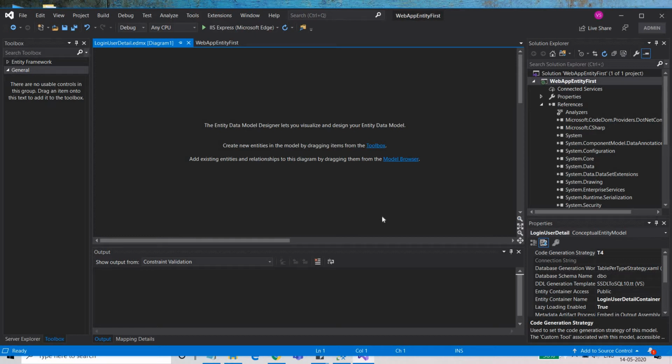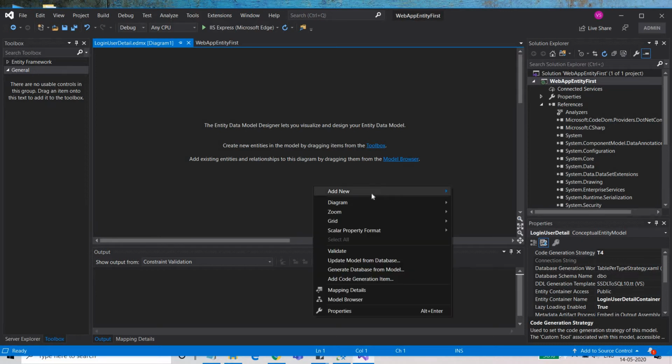In later video sessions we will discuss how we can create multiple entities, how we can create relationships among those entities, how we can create self referencing entities, and all those things which are possible using the entity relationship diagram. And we will create all those relationships using the entity first model. So let's start and create our first entity here.